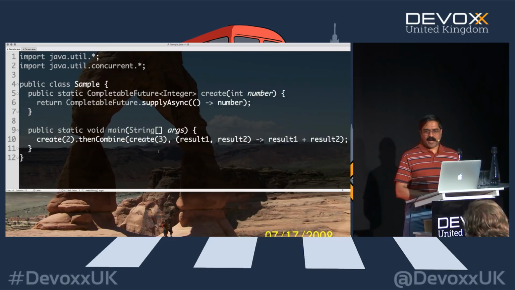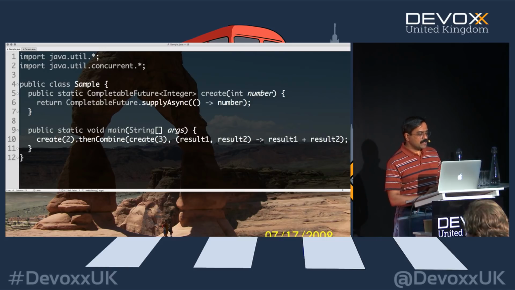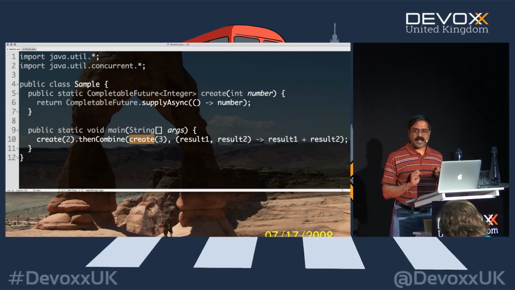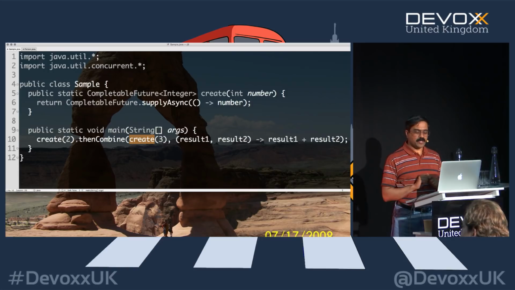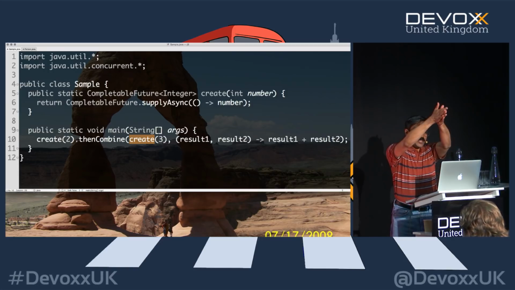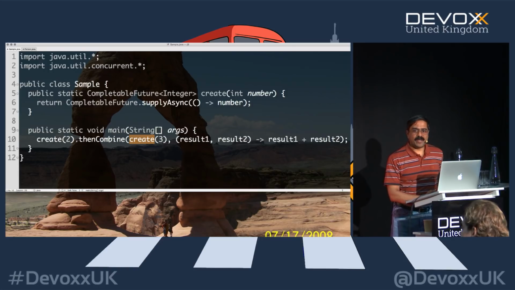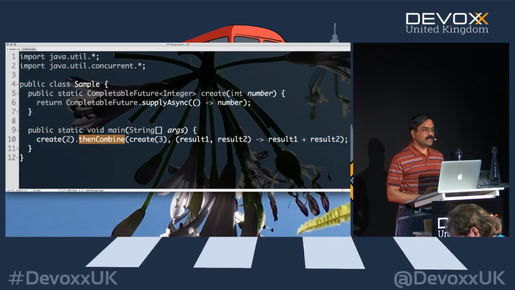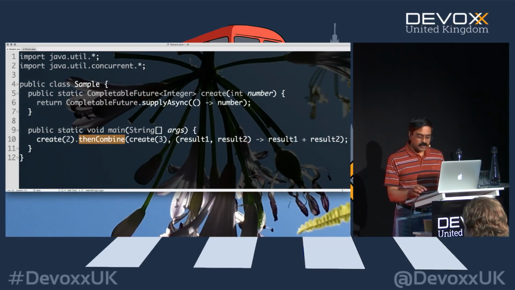So what does this combine do? Combine says, I have a CompletableFuture here. I have another CompletableFuture here. So this could be two different asynchronous tasks you are sending off to execute. When both of them finish, think of the combine like a join function. You're saying, I ask for pizza and I ask for drink, and when I get the pizza and the drink, I want to do something with it. What's the result of thenCombine? It's yet another CompletableFuture, isn't it?